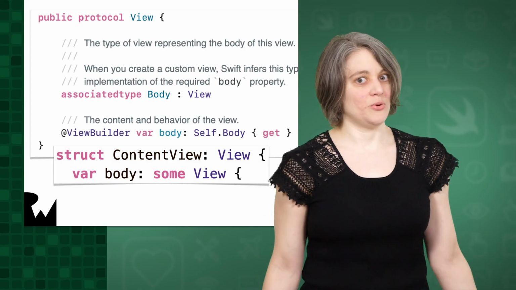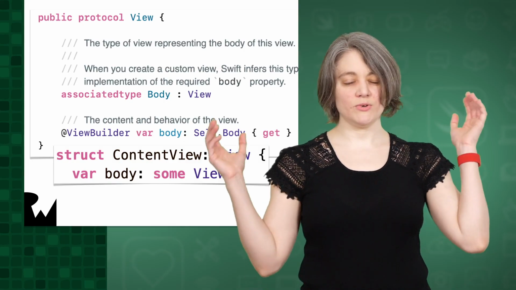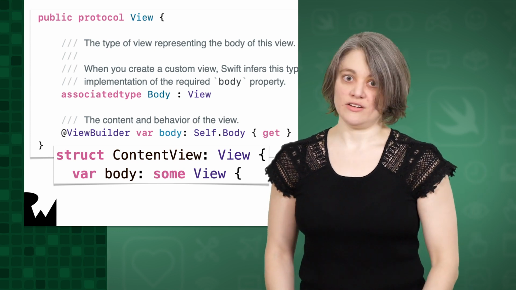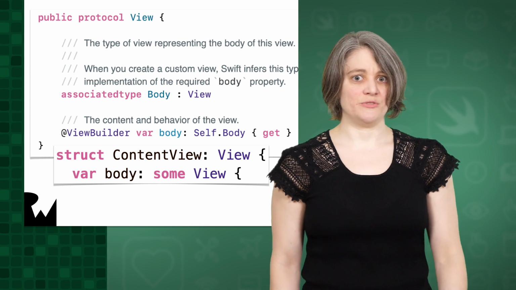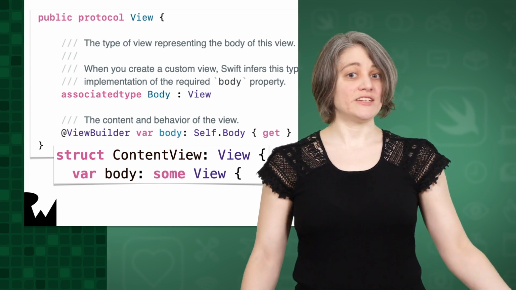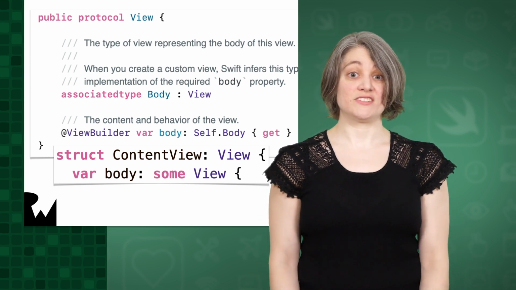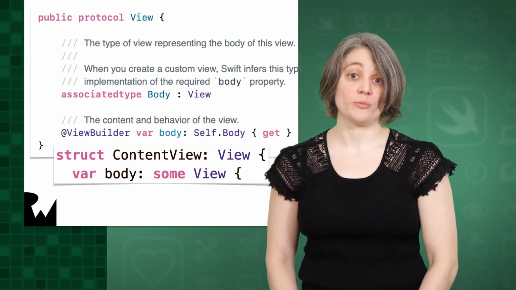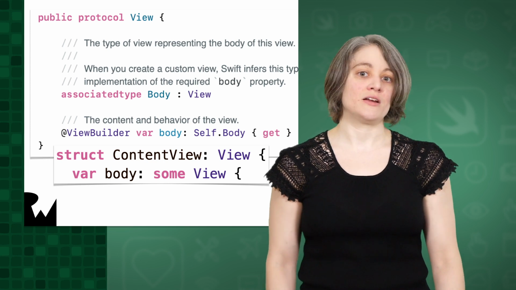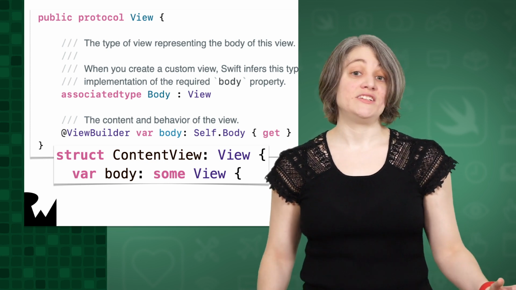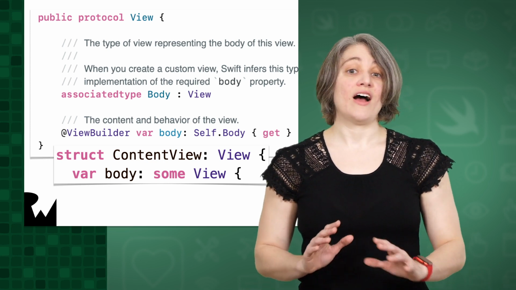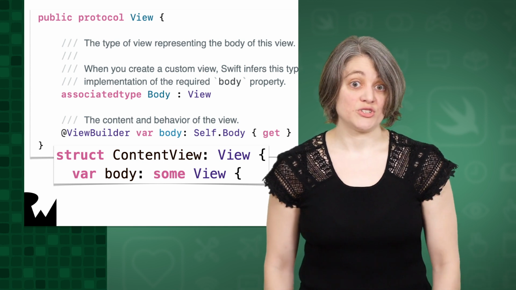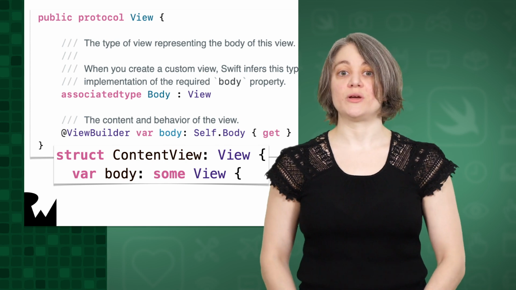If you're not familiar with associated types, you might be thinking, what's the big deal? For now, it's enough to know that this some keyword and ViewBuilder are doing some heavy lifting for you behind the scenes. And practically, if you leave body's type as some View, and whatever things you've got inside of body are some type conforming to View, the final type can be automatically inferred. You never need to set the return type manually, no matter how long or complex your view hierarchy gets. I'll leave some links in the author's notes for this episode if you're interested in learning more about the Swift